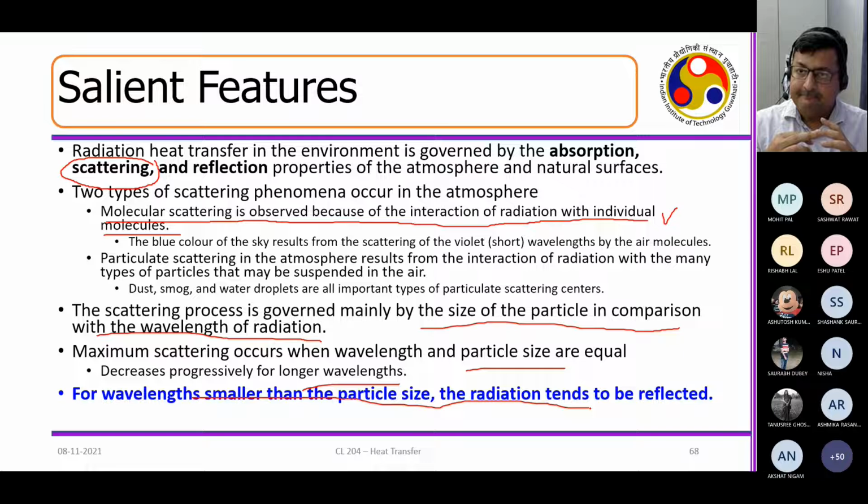Yes, sir. Now that is absorption. When it is jumping up, that is absorption. When it is coming back, that is emission. That is why it is quantized. When it is jumping up, it is absorption; when it is coming back, it is emission, correct? That is alpha and epsilon. Is that okay?